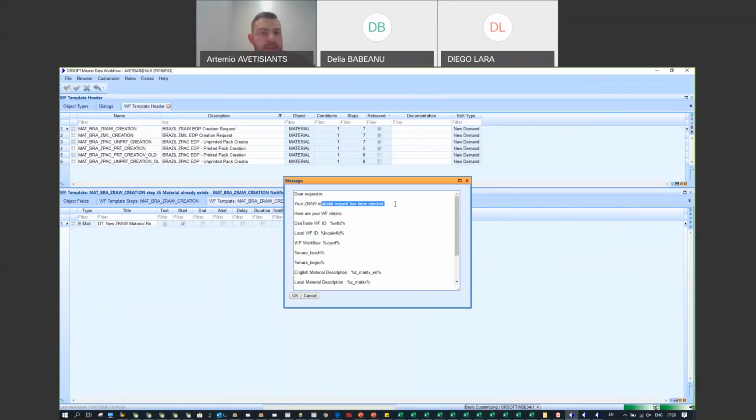User draw material request rejected. This is your workflow. This is the local global workflow. If you only have a global one, you will have your reference to the material description, and you also will have here the reason for rejection. So our people or DSP team will leave a comment, and this comment will be included in the email, which is here,